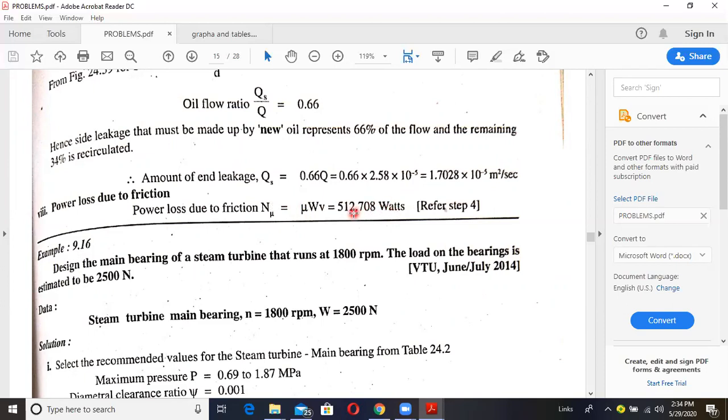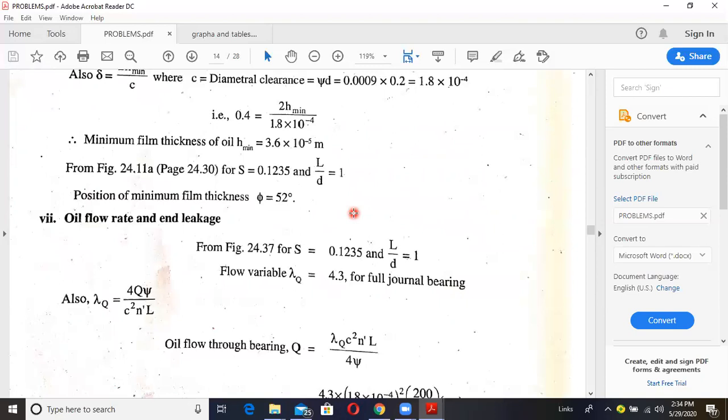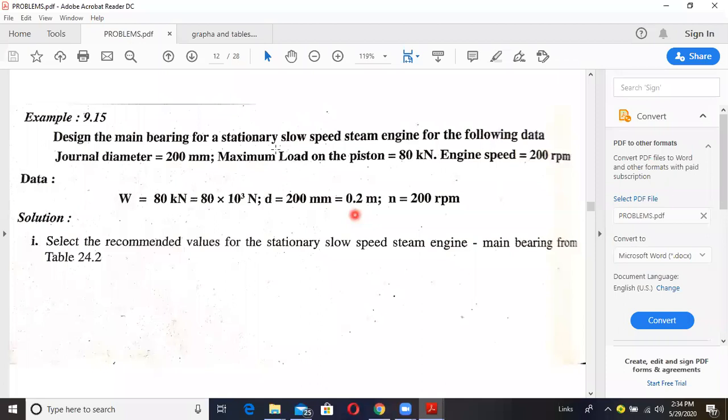So totally 8 steps we are going to calculate for the complete design of bearing used for the particular application. Now here we are designing the bearing used for the low speed steam engine. We have calculated the type of oil we can use. We have calculated the dimensions. We have calculated how much amount of heat is generated, how much amount of heat is coming out, whether the